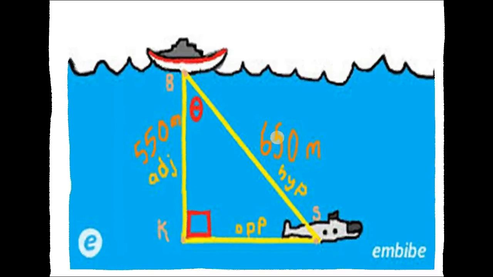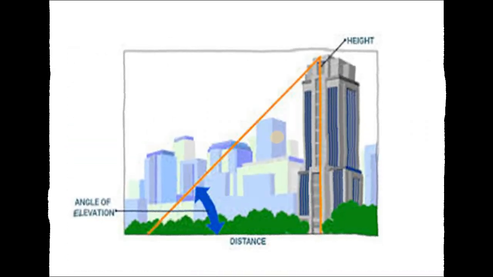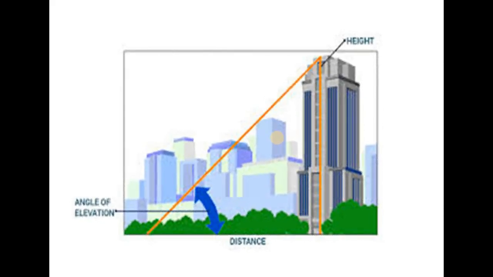Okay, now let us switch to another scenario. Suppose you are walking on a street and you see a skyscraper on the way. So now you want to calculate the height of this skyscraper. So what are the data that we need to perform this calculation? So we need the angle of elevation between our eye level and the top of the skyscraper, and we need the distance between the place where we stand and the location of the skyscraper. So once we have this data, we can calculate the height of the skyscraper.